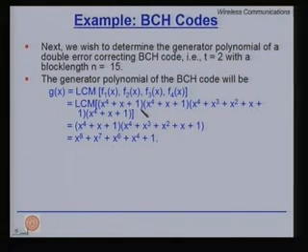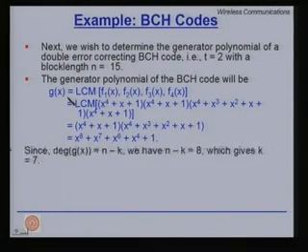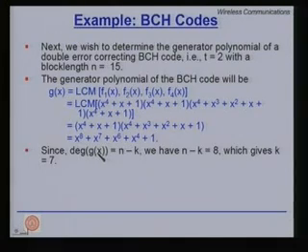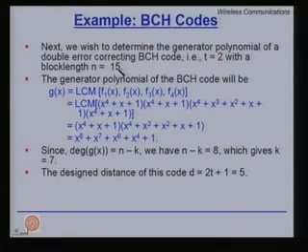Again we take the primitive polynomials like this, take the LCM, and after the product we find x raised to the power 8 plus x raised to the power 7 plus x raised to the power 6 plus x raised to the power 4 plus 1 as the G(x). Again the degree of G(x), n minus k, is equal to 8 in this case, which gives us k is equal to 7 because n is equal to 15. This means we have been able to design a (15,7)